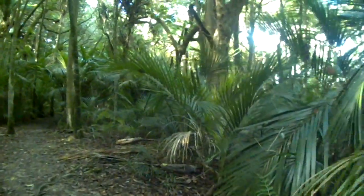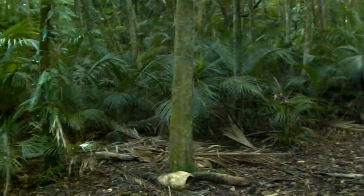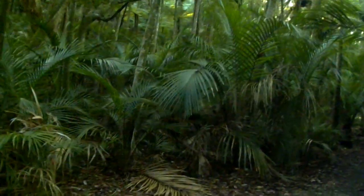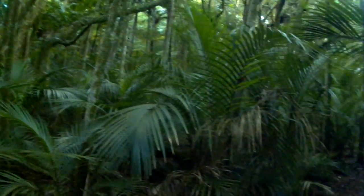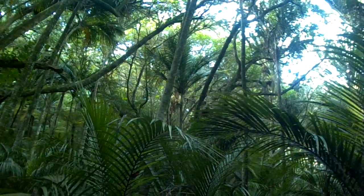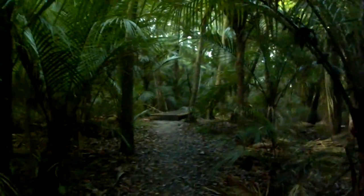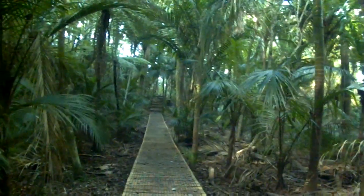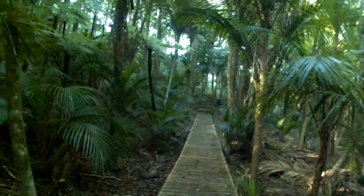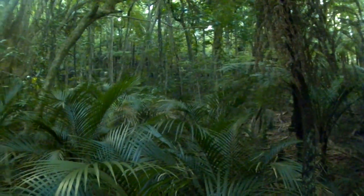And this is true native, unadulterated New Zealand. Well, I guess not unadulterated, there is a trail. For those who wish to be bitchy about it. Oh, you can actually see some canopy up there of really big trees. Oh, this is new. And get you off that swampy area we used to have to walk through. Oh, look at that. Sun being right there is kind of a pain in the ass, but...